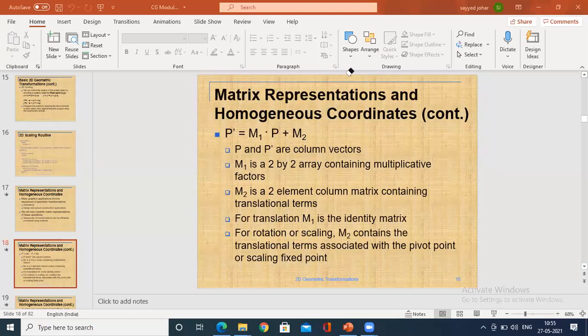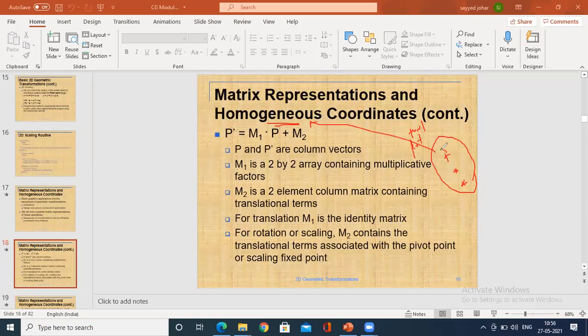Try to understand what the homogeneous coordinate system is. We are going to combine the various transformations, such as translation, rotation, and scaling, into a single matrix, a single form, that is called homogeneous. Homogeneous means identical; we are merging them. For example, as you know, the translation factor is an additional factor, rotation is a multiplicative factor, and scaling is again a multiplicative factor. So you are going to combine all these factors in terms of a matrix representation, using the homogeneous coordinate system.